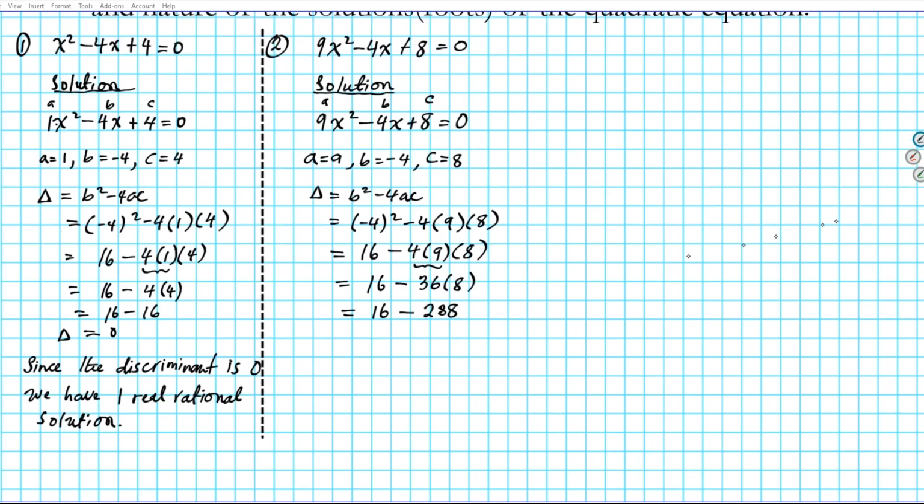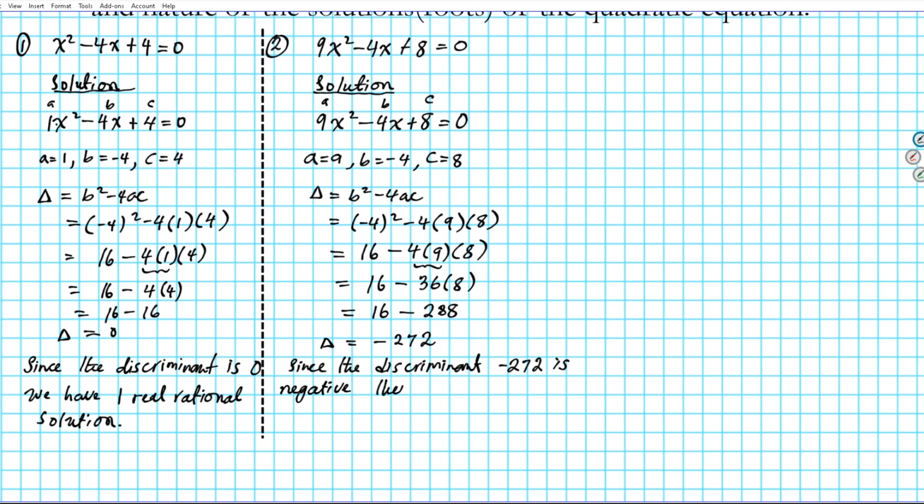All right, and then you subtract. The discriminant is going to be 60 minus 288, which is -272. All right, so in this particular case for number 2, since the discriminant negative 272 is negative,